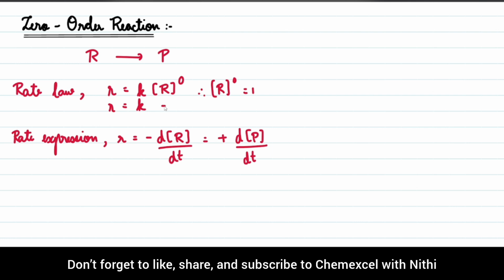Okay, this equation 1 and equation 2 both are rate equations, right? So we are going to equate the equation 1 and 2. So by equating them, we will get negative dR by dt is equal to positive dP by dt